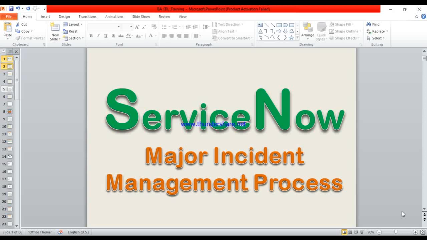For this, we need three major roles, three major partners in this particular process. Number one, the end user who will raise a ticket from the end user portal. Number two, a resolver group who will propose that ticket as a major incident or an incident. Number three, a major incident manager, or a person from that group, who can promote and accept that ticket as a major incident and do the communication part.